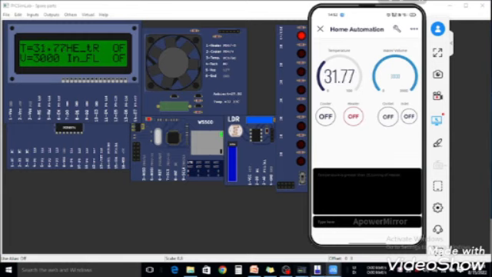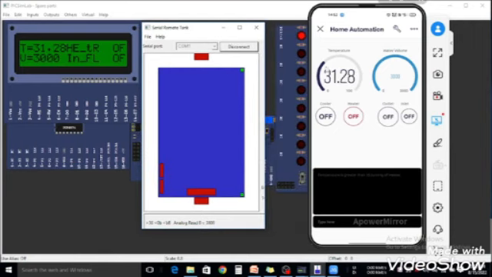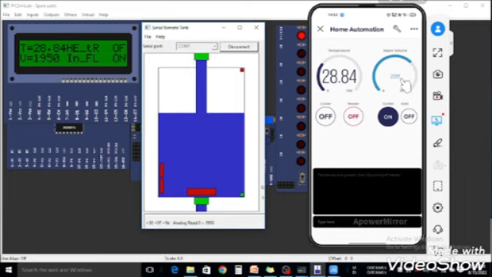The next requirement was about the serial tank. We can see that now the serial tank is completely filled up to 3000 liters, and here the water volume shows 3000 liters, completely filled. Now once we turn on the outlet, the water level will start to decrease. So I have turned on the outlet, and we can see that the water level starts to decrease, and simultaneously the water volume also starts to decrease on the gauge we have created.